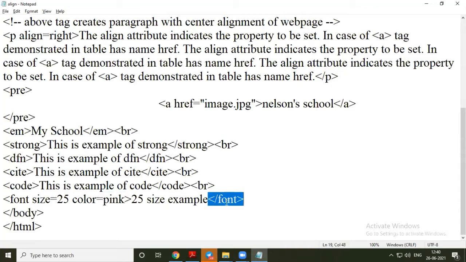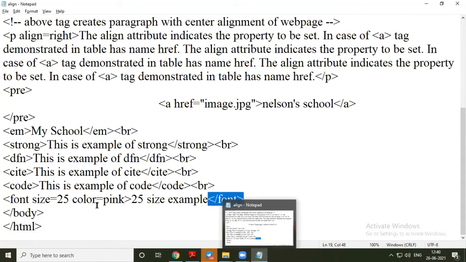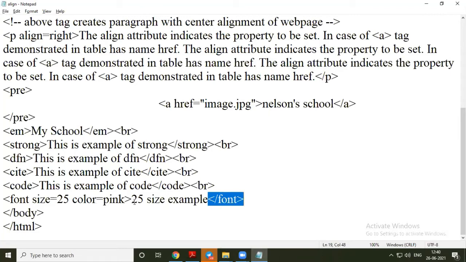It is compulsory to close this font tag, because if I don't want this effect of 25 size and pink color on the next line of text, it will come automatically, the same setting for all text, if we don't close it. Let's see. And I am removing this.